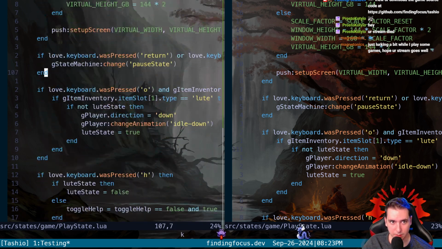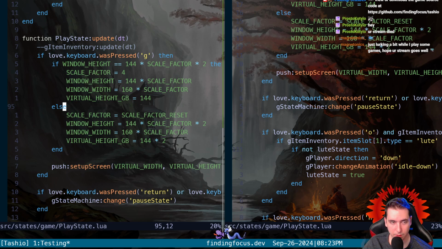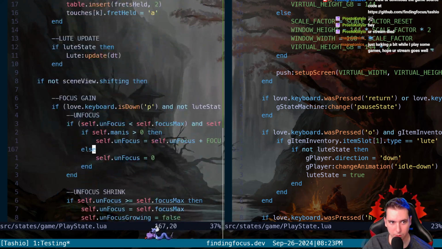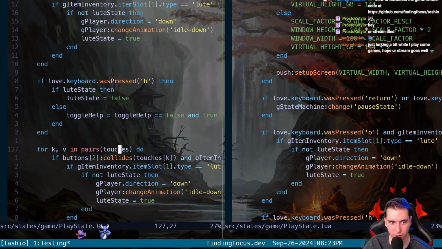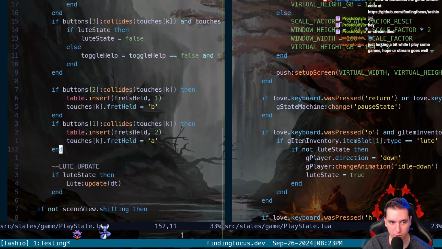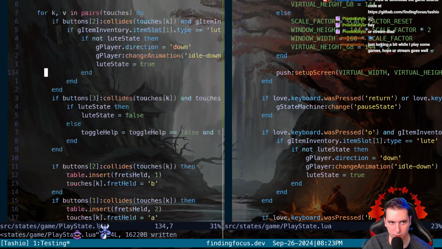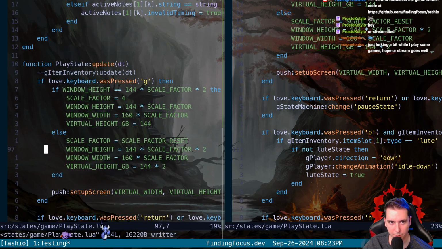The strings, loot, what is it called? String. Oh no. We missed an end in here somewhere. Okay, that might have been it.